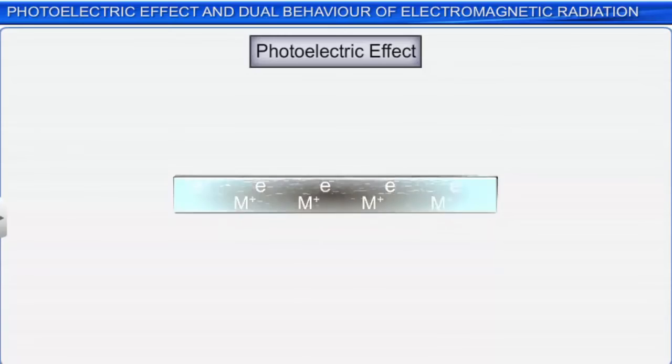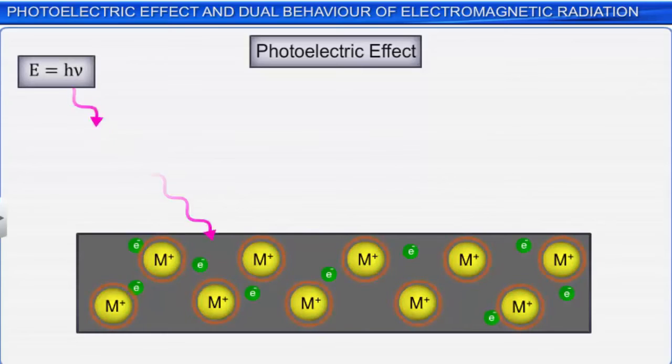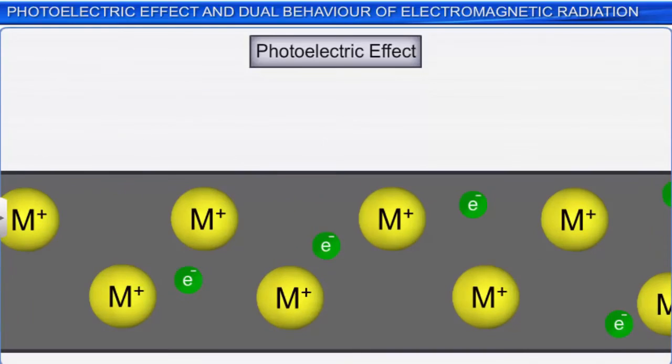According to Einstein, electrons in metals are held together by attractive force by the metal kernels, that is the positive ions of the metal. To overcome these forces, the photon of incident light must possess a certain minimum energy so as to release an electron from the metal